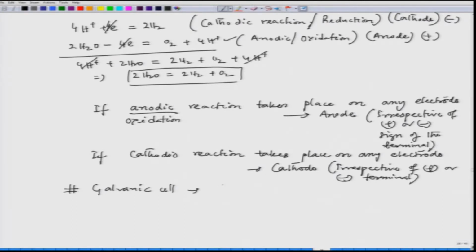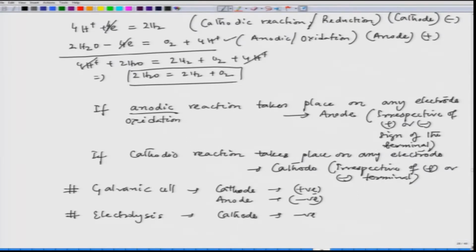In the galvanic cell, the cathode is positive and the anode is negative, the sign of that electrode. And in the case of electrolysis, cathode negative, anode positive, since